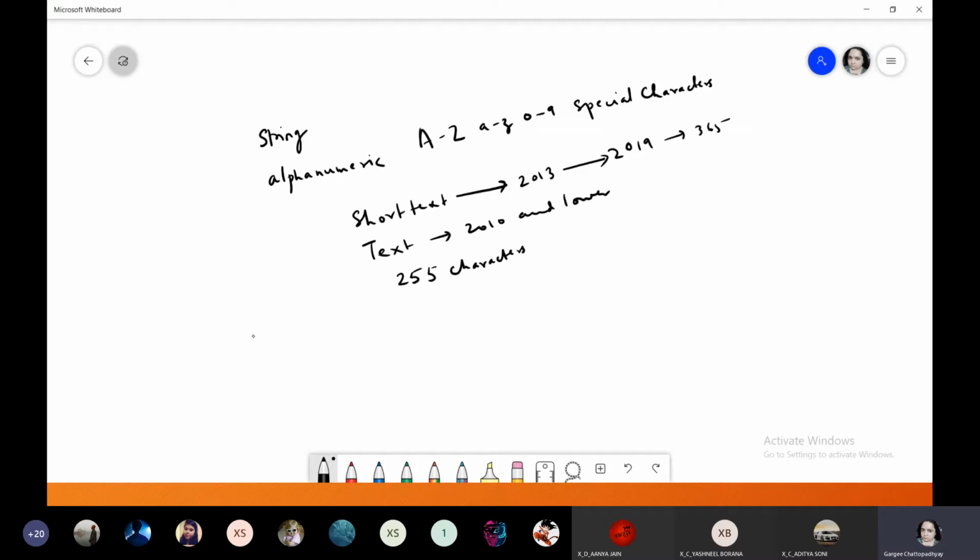So it is good for small values like someone's name, course name, employee name, city, state, anything else which you can think of, subject, department.